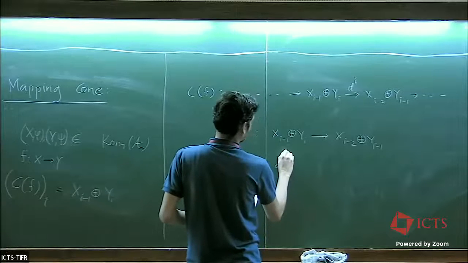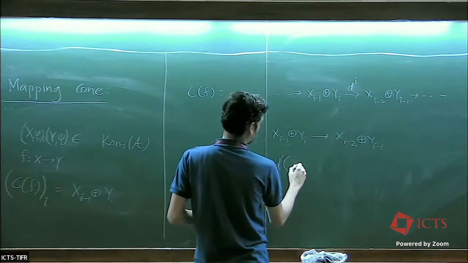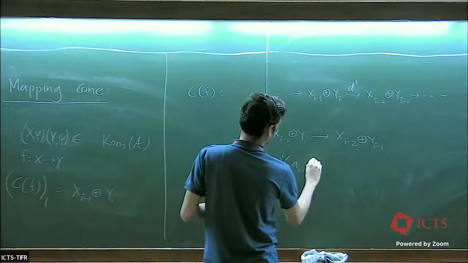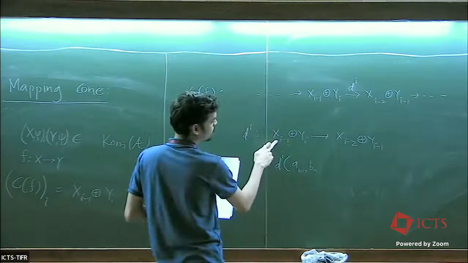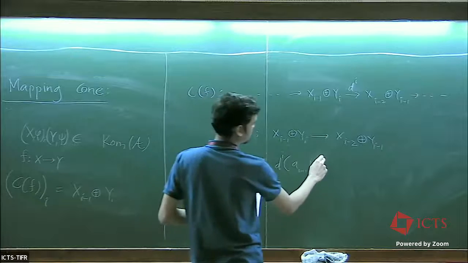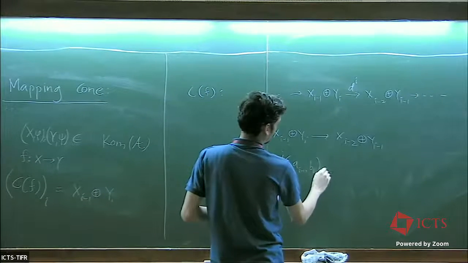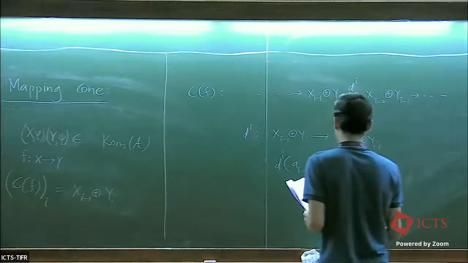So d_i of an element here, and this is an element here. Maybe I should write it as i. This goes to